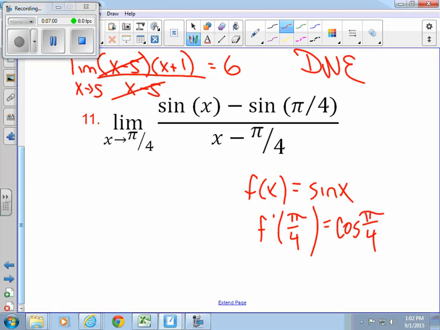It is if you recognize that as a definition of your derivative, which is radical 2 over 2. You could also have used L'Hopital's rule if you got stuck on that one. L'Hopital's rule is